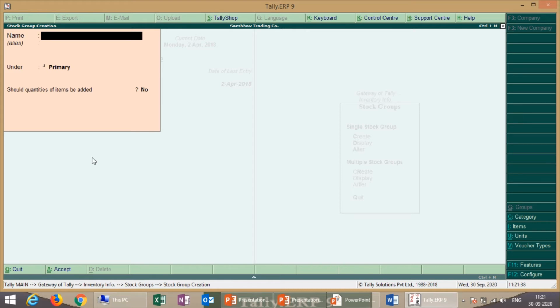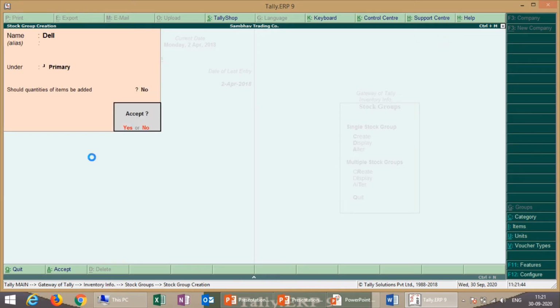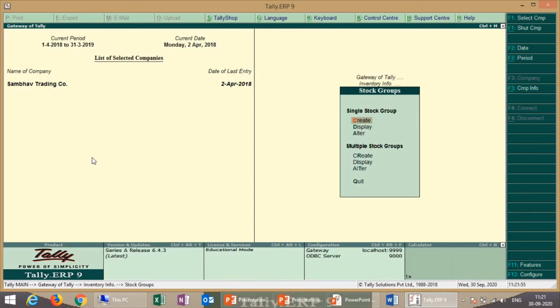Next one Dell, again press enter, under no, accept yes. So we create two types of stock group, that is Samsung and Dell.